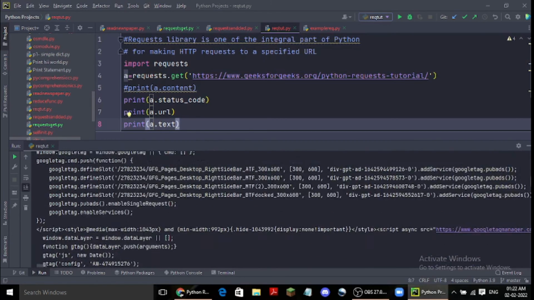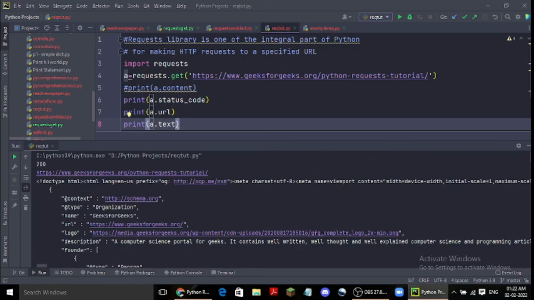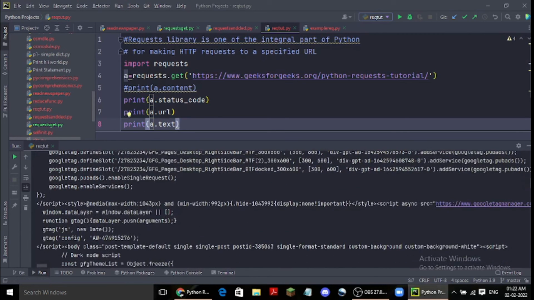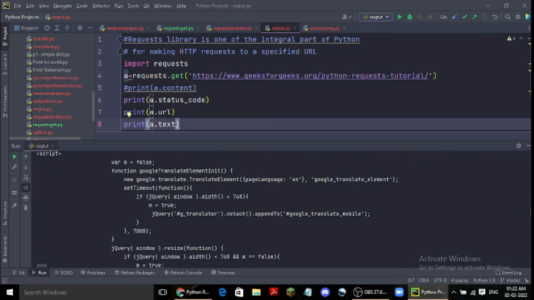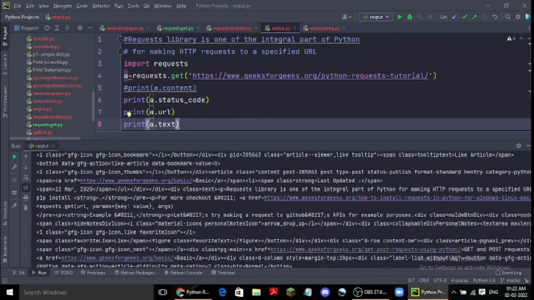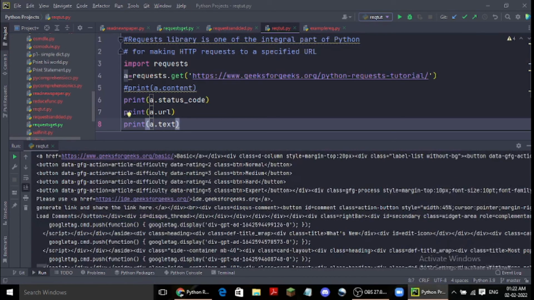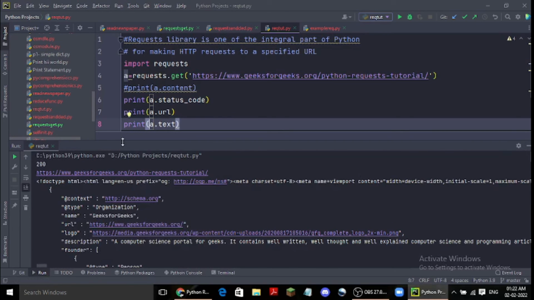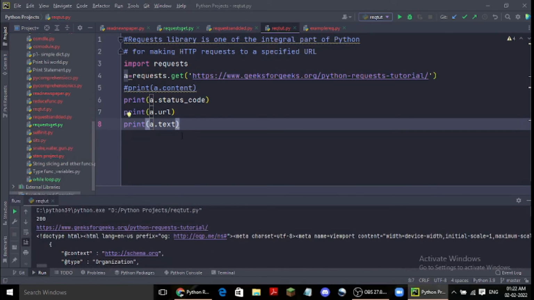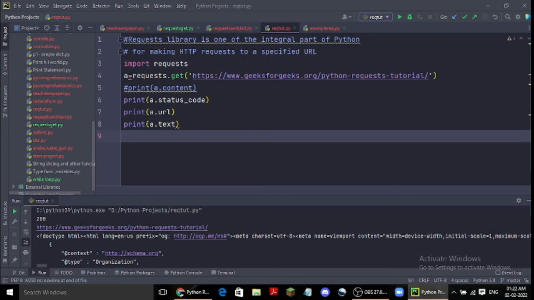There is HTML, and some CSS and JS in the backend, everything printed as Unicode. That is what dot text does.